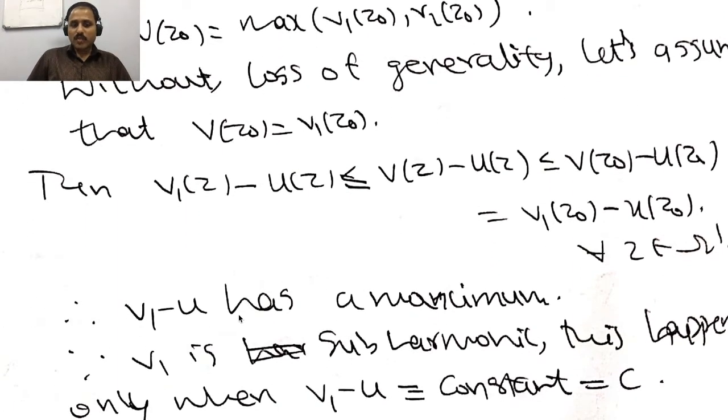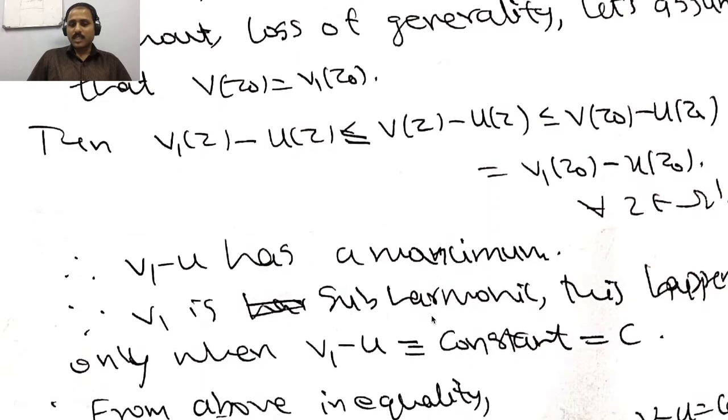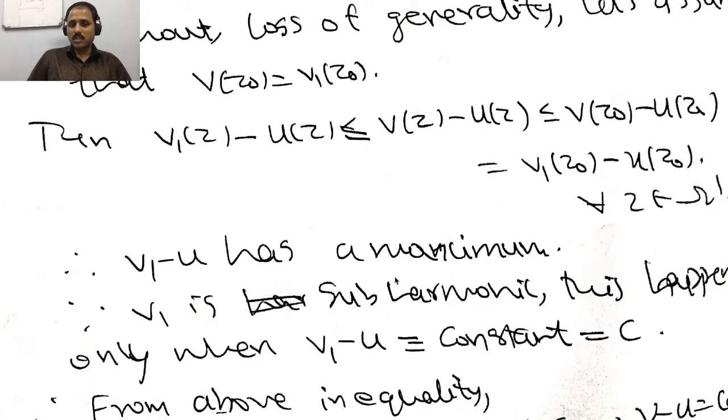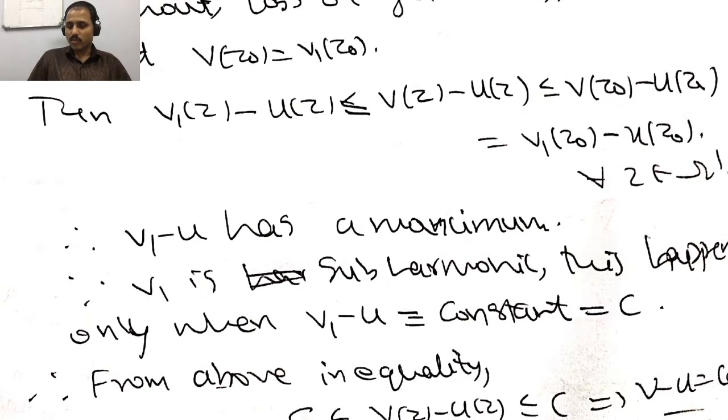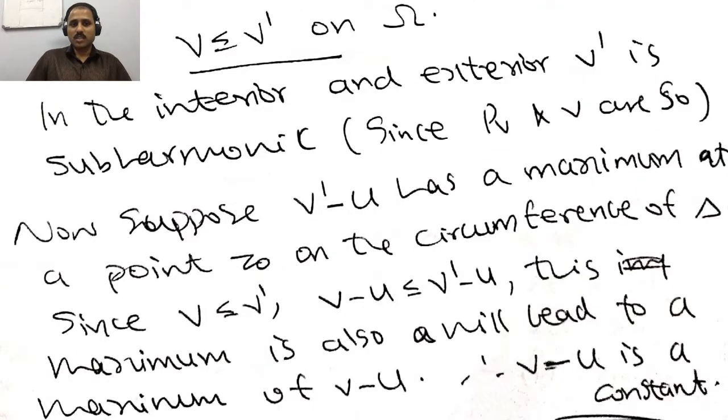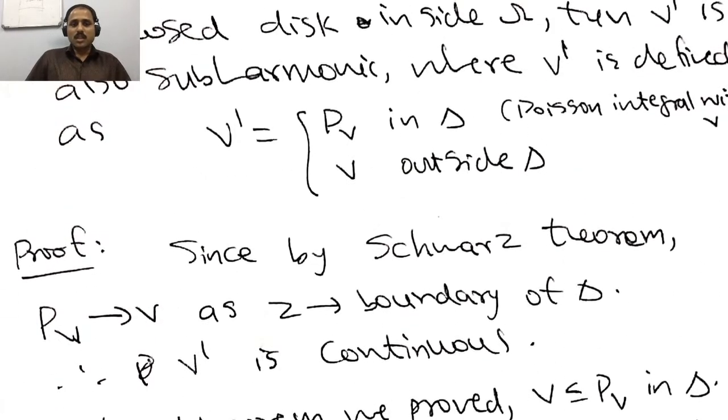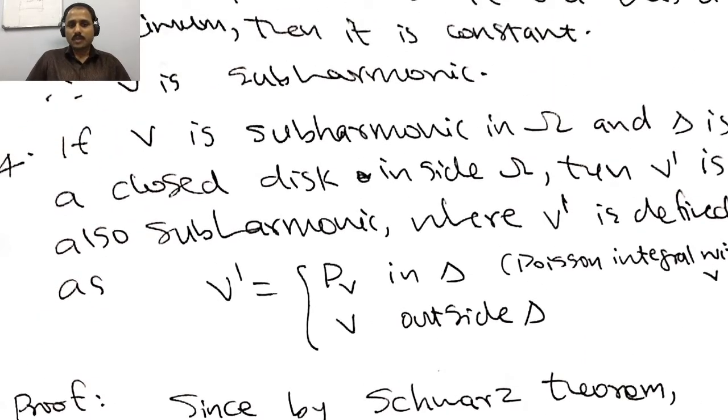So that means v1 minus u has a maximum. Since v1 is subharmonic, this maximum exists means it should be a constant. So v1 minus u is a constant. And this inequality will tell you that if v1 minus u is a constant, so left and right are v1 minus u, whatever is in between them should be constant. So v minus u should be a constant. So that is a proof. Hence we proved that if v minus u has a maximum, then it is a constant,